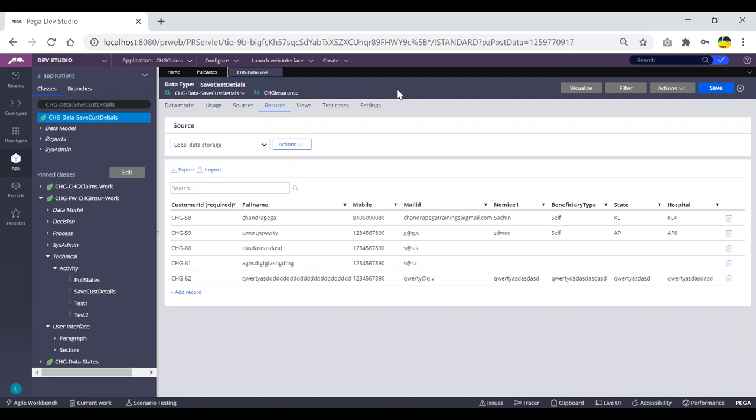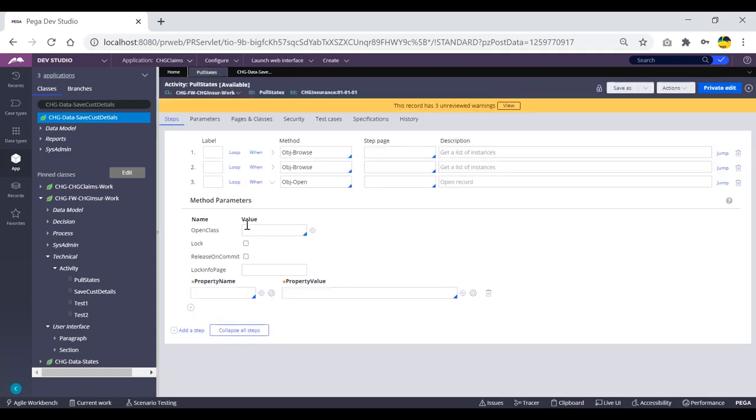Similarly for the data table, the states table, the hospital table, or anywhere. If I give chg like 58, then I will be getting only this instance. If we see 59, I'll be getting only this instance. So ultimately we'll be getting only a single instance using obj open all the time. Okay, now if I'm trying to do obj open on this class,